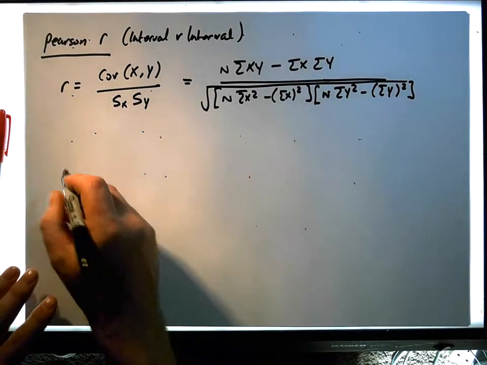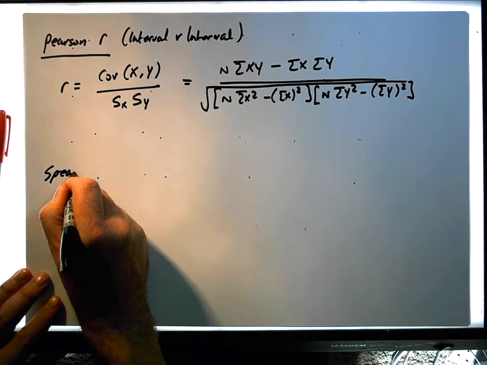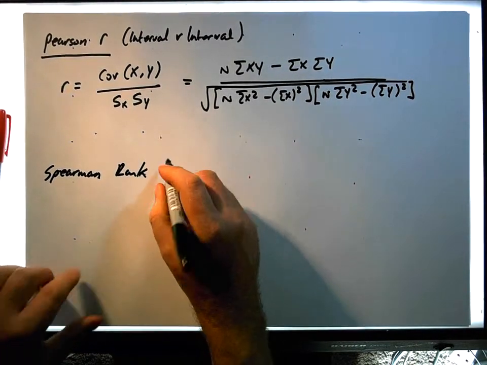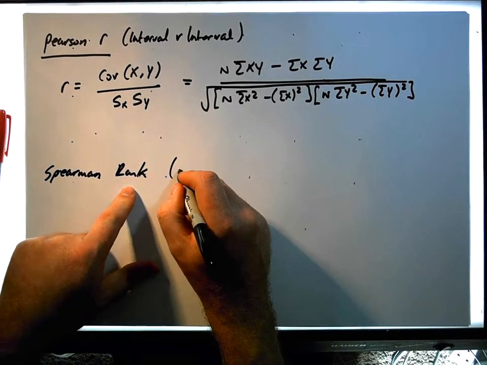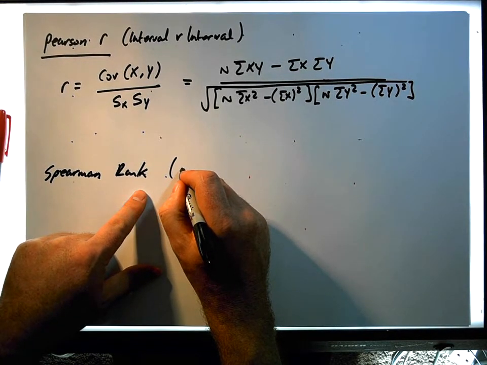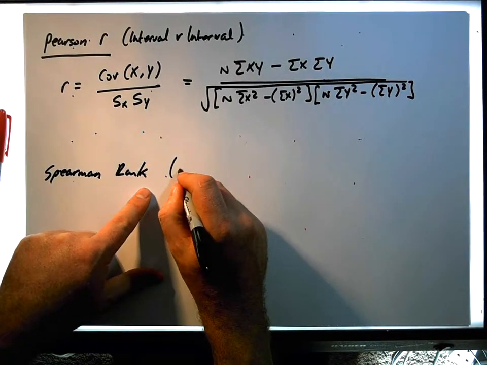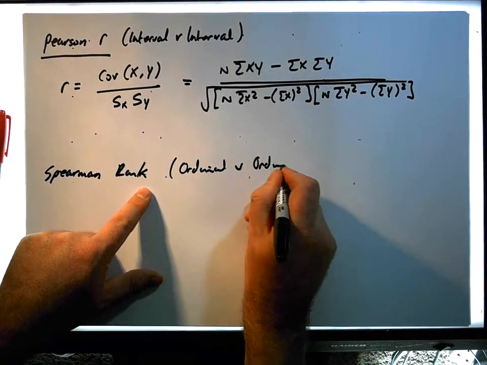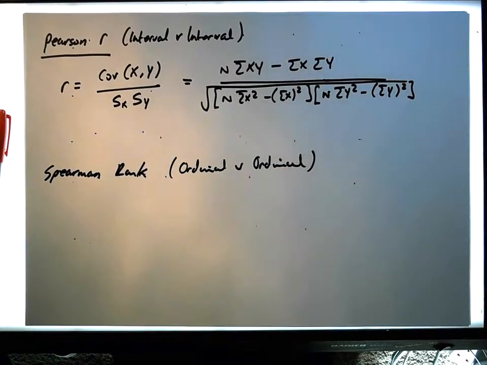That's Pearson. In relation to Spearman, the Spearman rank correlation coefficient, what's that for? That's when we're dealing with a ranked variable along with a ranked variable, so we're talking about ordinal versus ordinal. And the formula that we have in that particular case